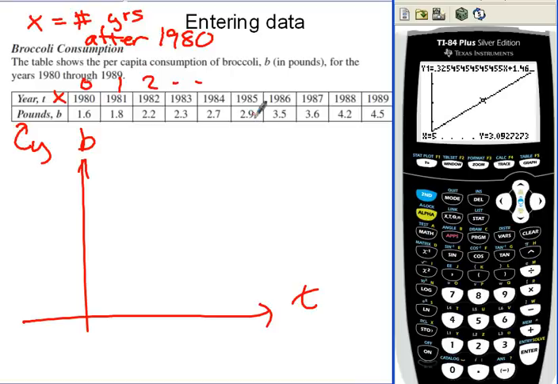In 1985. 85? How many years is that? 95. Gosh, 1995. How many years is that after 1980? 15. Okay, so if I want to find out what it's going to be that far out, I've got to